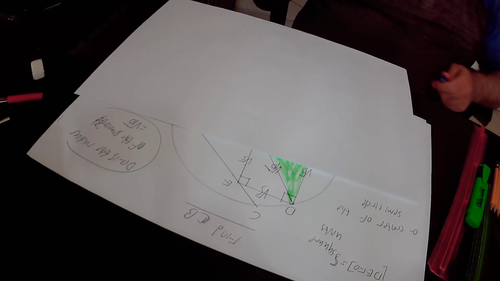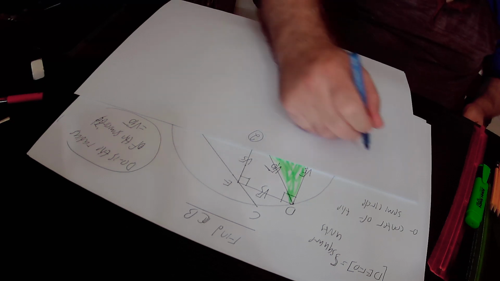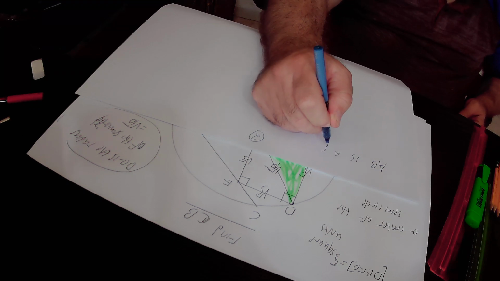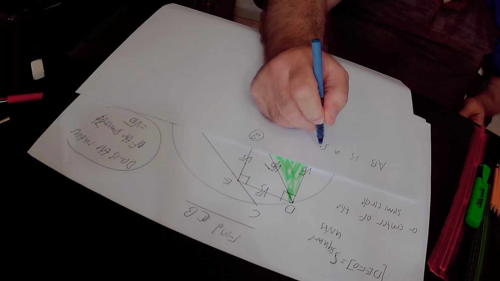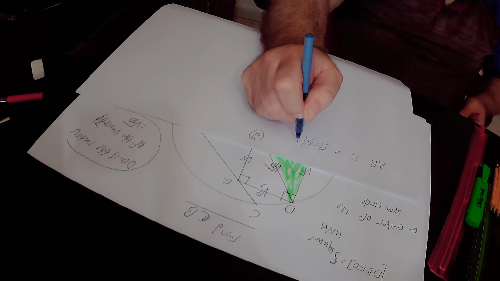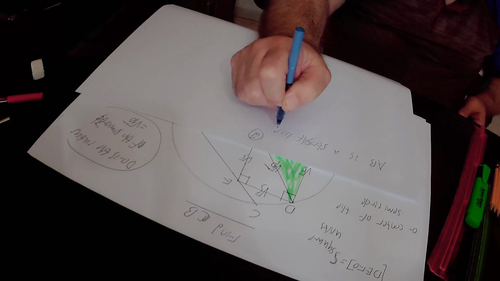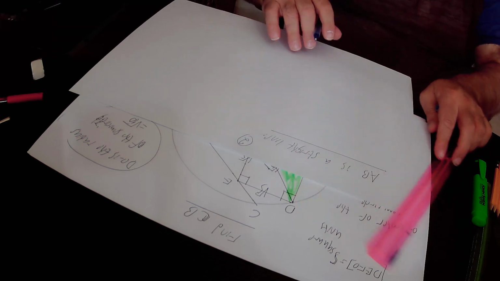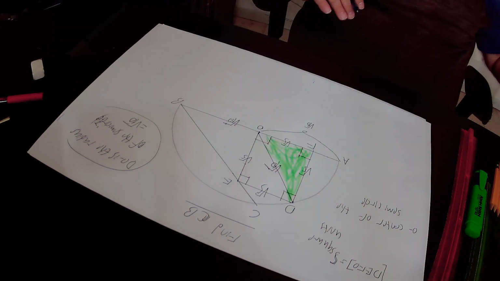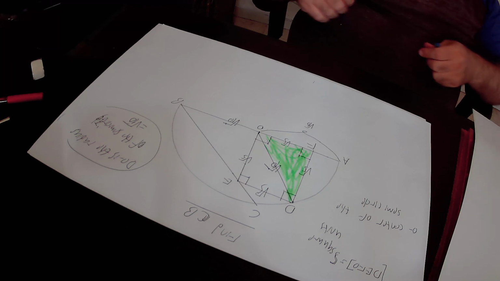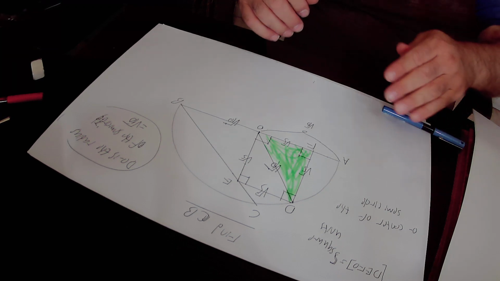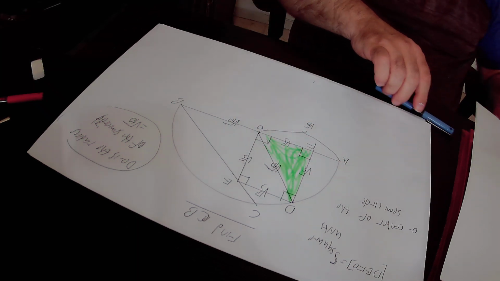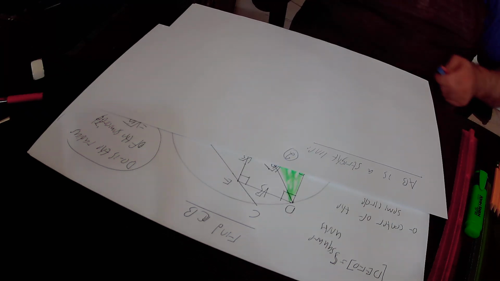So, we know that AB is a straight line because it is the diameter of the semicircle. So if we focus on the upper side of the straight line AB at point O, so AB is a straight line, so at the upper side